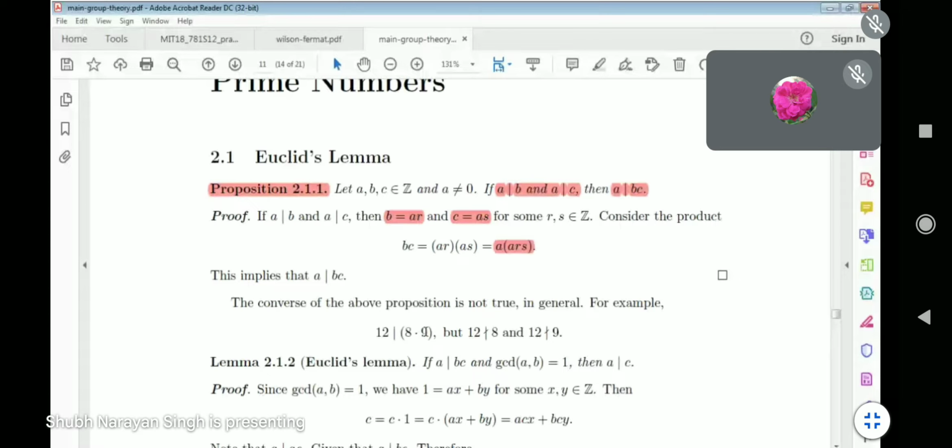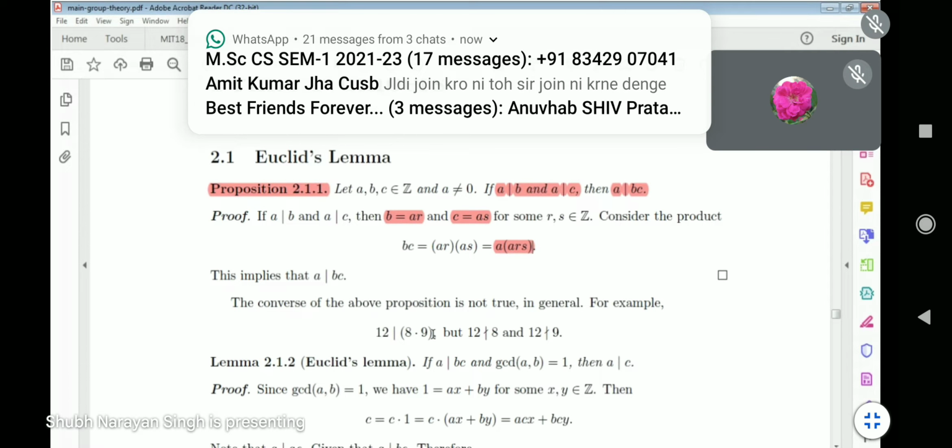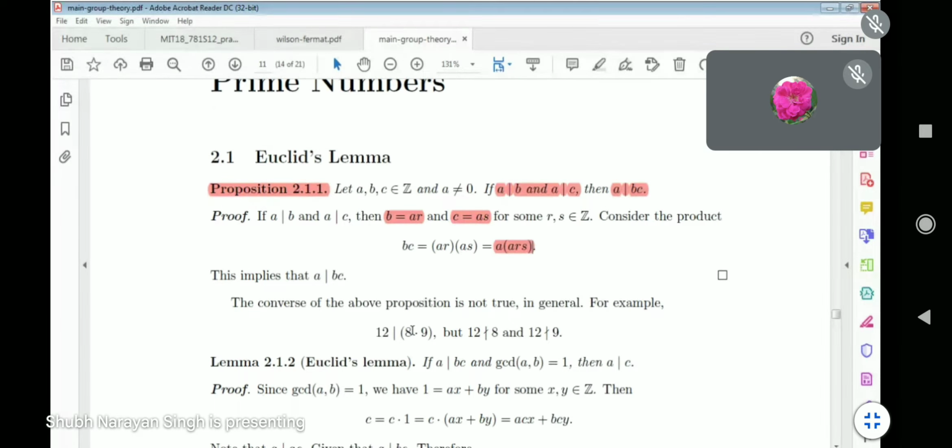So think about here, A is equal to 12, B is equal to 8, and C is equal to 9. That means A divides B into C. But we cannot conclude that in this case A divides B or A divides C, because see that 12 divides 8 into 9, because 8 into 9 is 72, and 12 also divides 72,